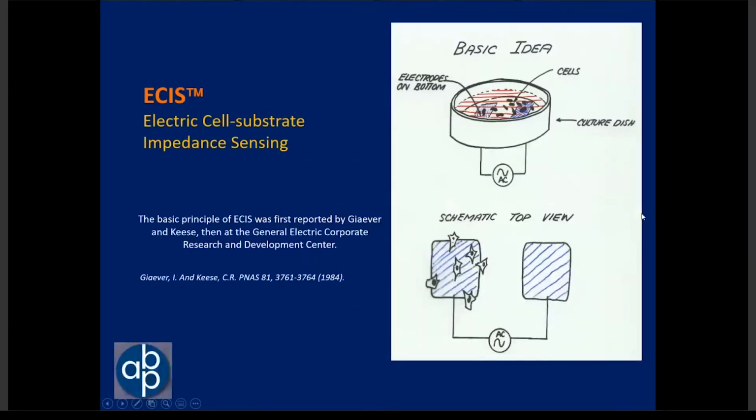The idea of monitoring cells electrically came about a number of years ago when Ivor Giaever and I were at the General Electric Research and Development Center. There we realized it was possible to use very weak AC signals, growing cells on small electrodes and monitoring the impedance, and from those signals we could detect morphological changes going on in the cells. This was published a long time ago, back in 1984, and it remains the basis of the technology that we